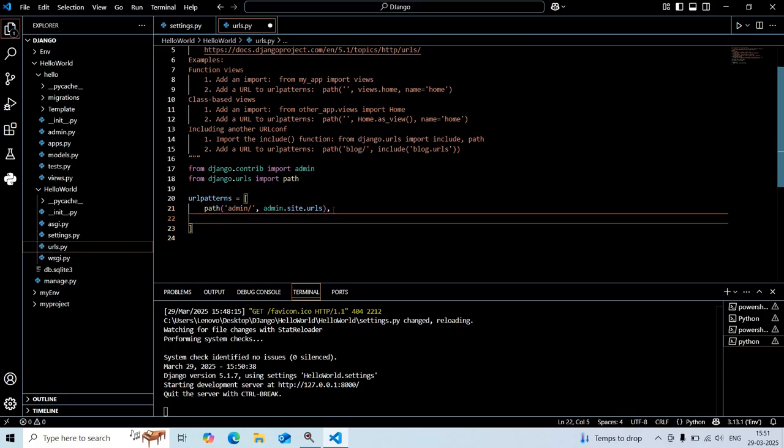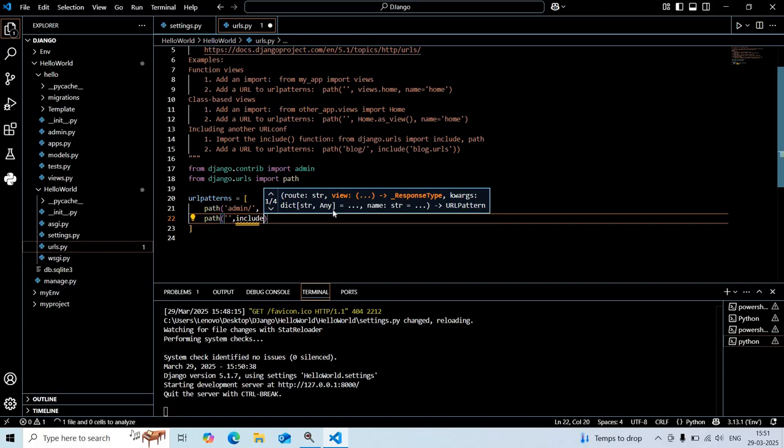So first of all, we have to add here a path in which we include the file urls.py, which is present in your app name. So include that file which is present in the hello application, hello.urls. So simply write here hello.urls and then provide a comma,